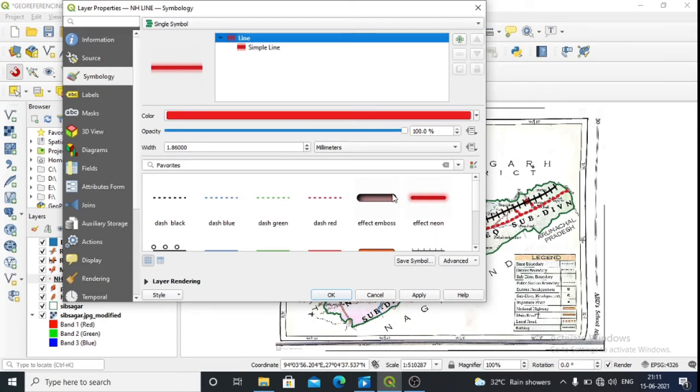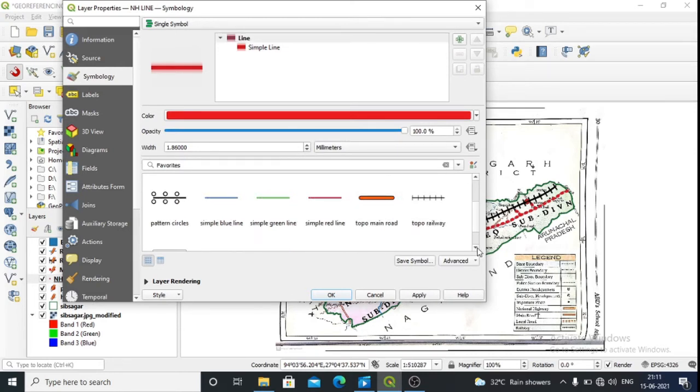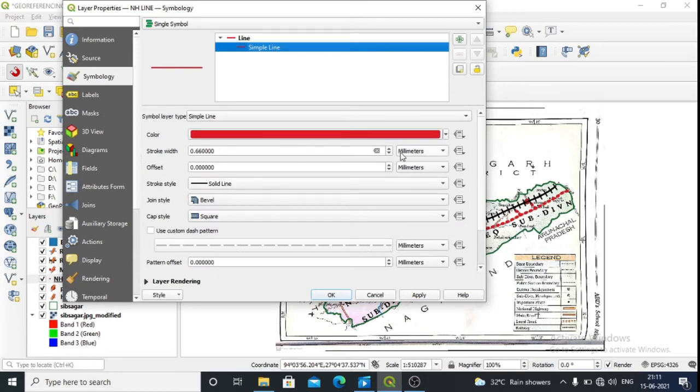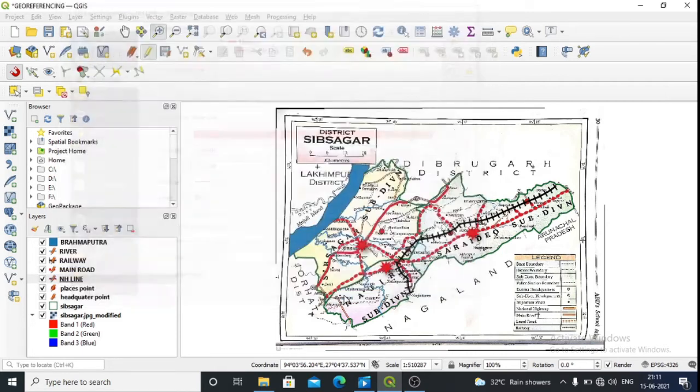I'm not liking this style. I'll just take a simple red line. You can increase the size of this red line. Okay, so this is the national highway. I'll change the main road properties too, because it is almost looking the same.